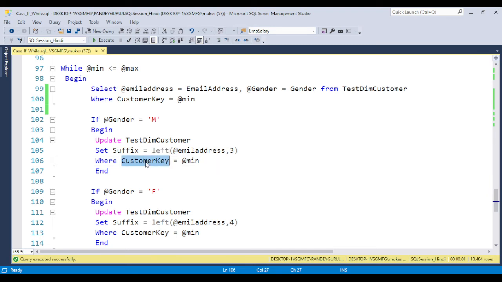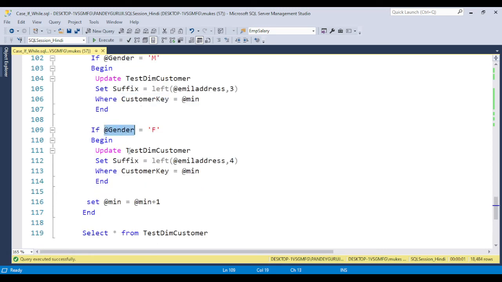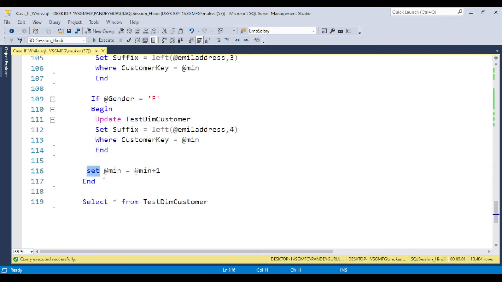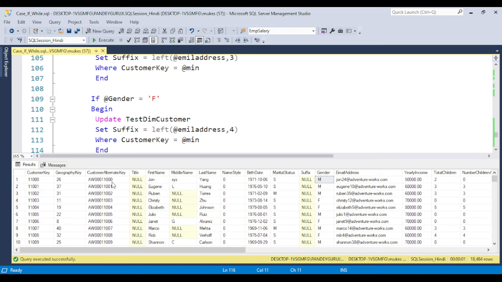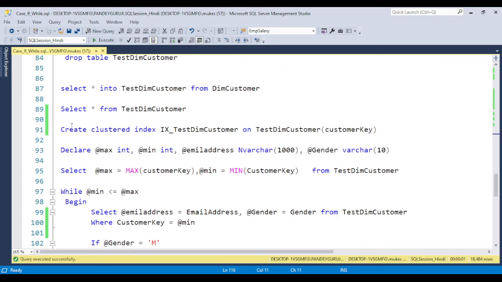Always put the minimum in the condition, because if you don't, it will update all the data. If the gender is F, you need to update 4 letters. So we have 2 conditions, and I'm incrementing the value, minimum equals minimum plus 1, to loop to the next value. Now if you execute this part of the code, the data will be updated in the table.